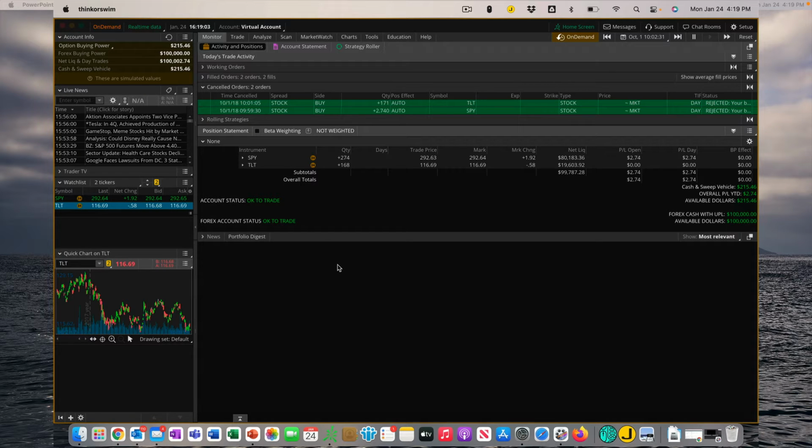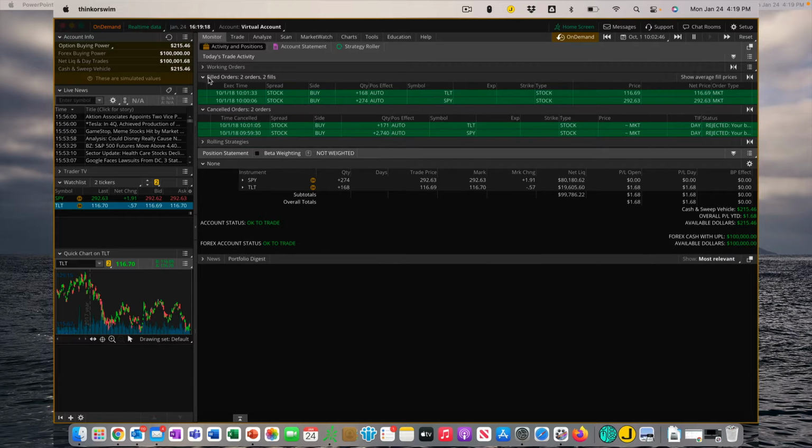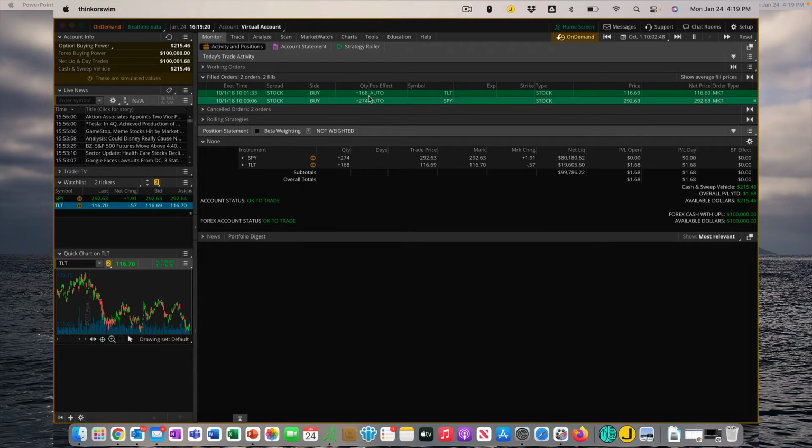If I went in and used a margin account, I could possibly do that, but that's not what I'm trying to do here. I just wanted you to see how I did that, and I put these in there as filled orders for the proper amount of shares to basically create a proxy portfolio. So I'm assuming you've got a $100,000 account with your neighborhood financial advisor,